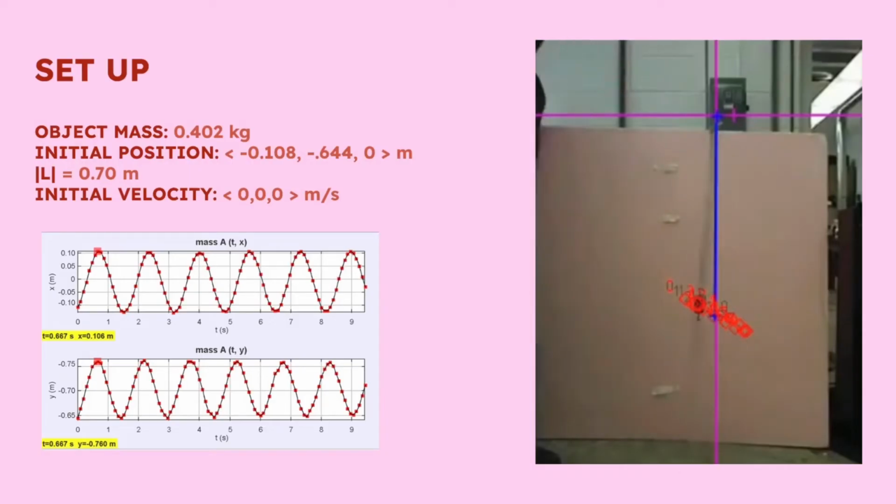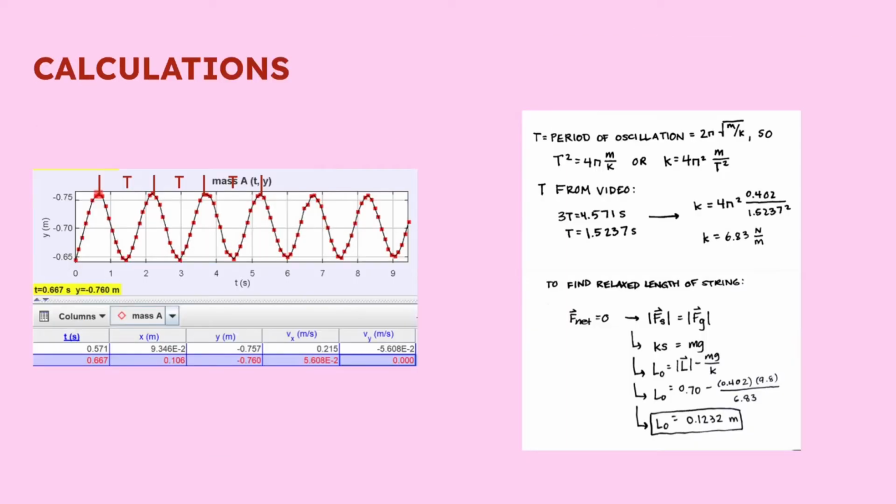Here is my video analysis of the mass's motion in Tracker. As you can see, there's oscillation in both the x and y direction. The mass of the object is equal to 0.402 kilograms, and the initial velocity is 0 meters per second because it starts from rest. Some calculations using the observed data were required to get the initial conditions needed for the